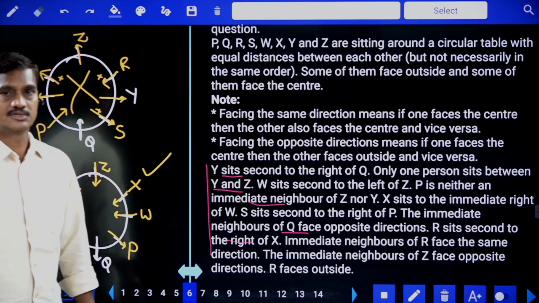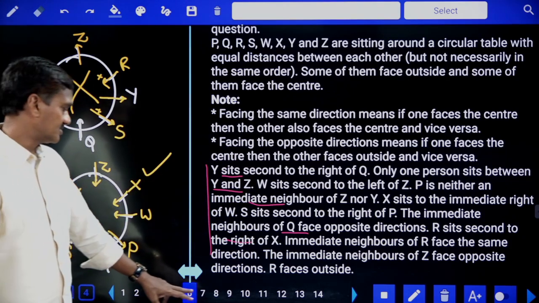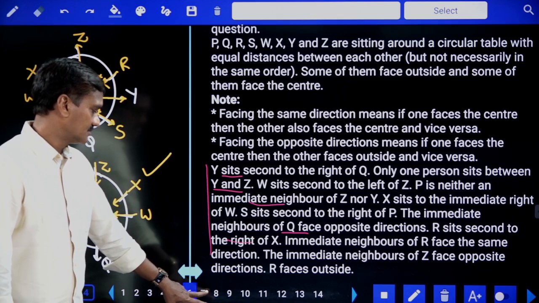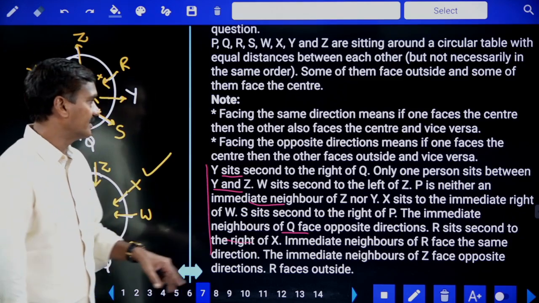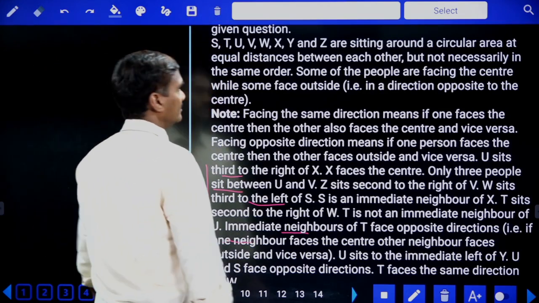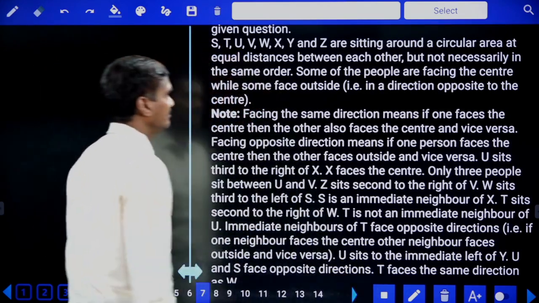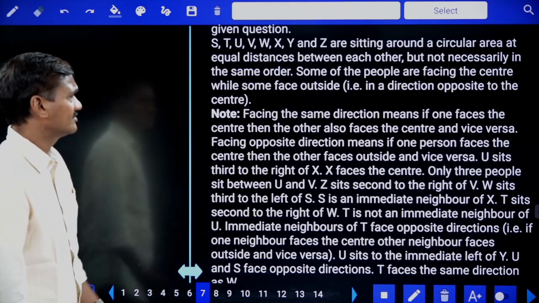Done. And this is about set number 6. Some inward, some outward when the information is not clearly given. Then set number 7. Now in this set number 7, STUVW, seated, some of them are centered, some are away